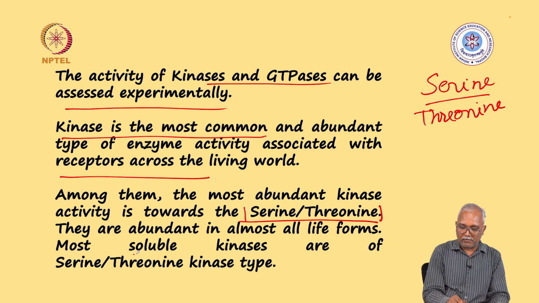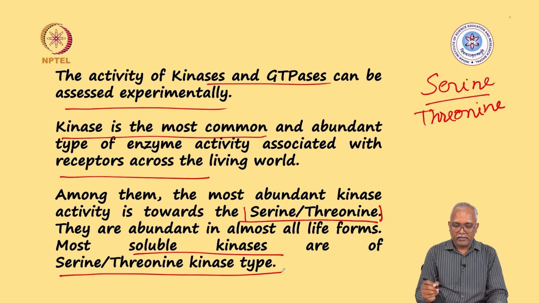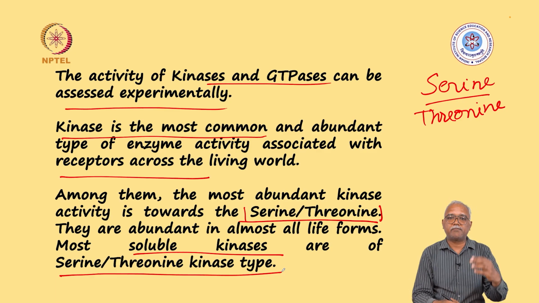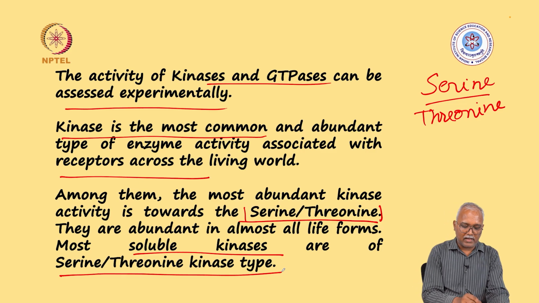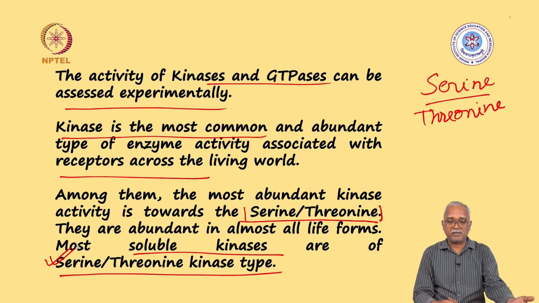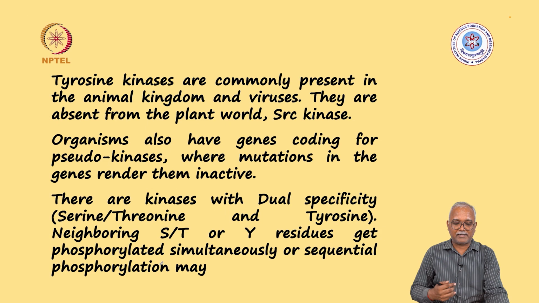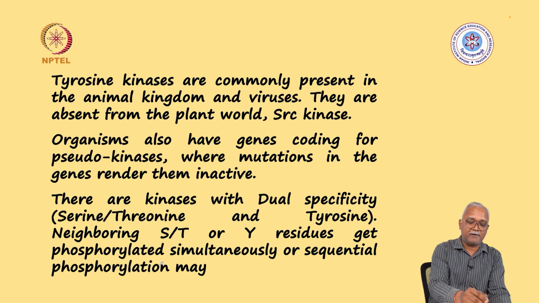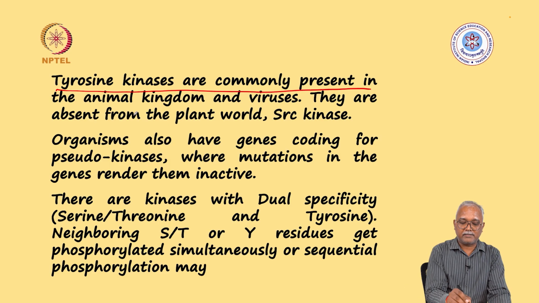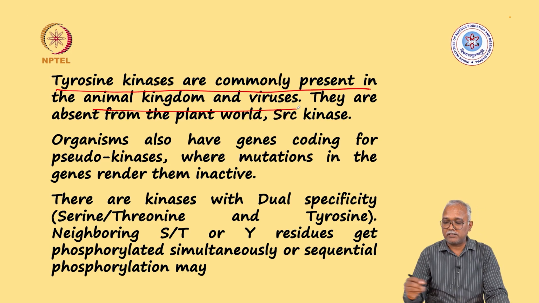And if you think about the soluble kinase, you will again realize that this is the most abundant type of kinase. You name some of the well-known kinases which are there in the system, you will realize that they are serine threonine kinases. There are some examples of tyrosine kinases as well, histidine kinases as well, but the bulk comes from the serine threonine kinase. So does this relate to the receptor activities as well? Well, probably we'll see as we move forward in the course, but like I said, the most abundant is serine threonine kinase activity. The next commonly seen activity in the animal kingdom and viruses is tyrosine kinase activity,